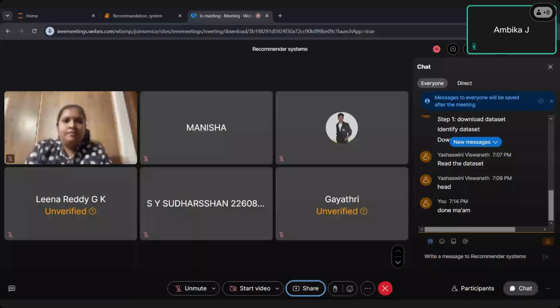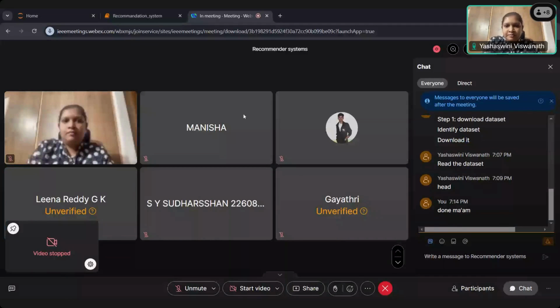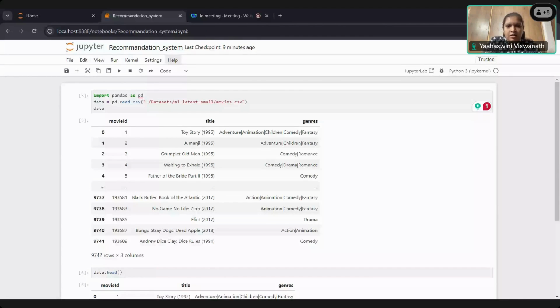Yashaswini, can you see his notebook, or is it just the screen that we are seeing? You're on mute. At this point of time, I can see only the screen. Yes. Thanks, Paranjay. Okay. So can you start running from the start?